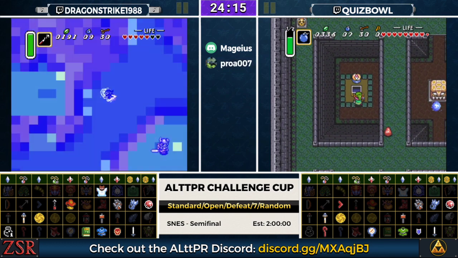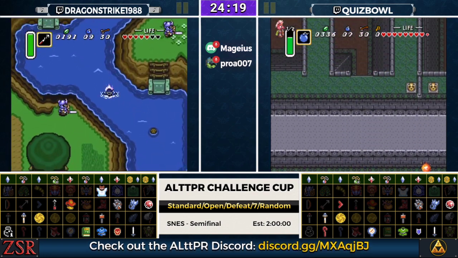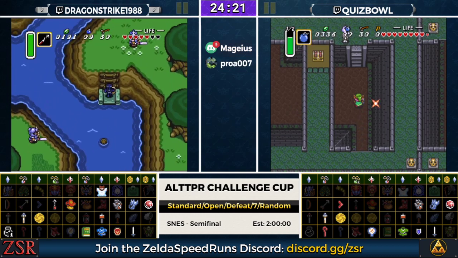Mushroom, yeah, forgot about the fetch quest. That's exactly where Dragon is going. He wants his fetch quest. Yeah, I'd say